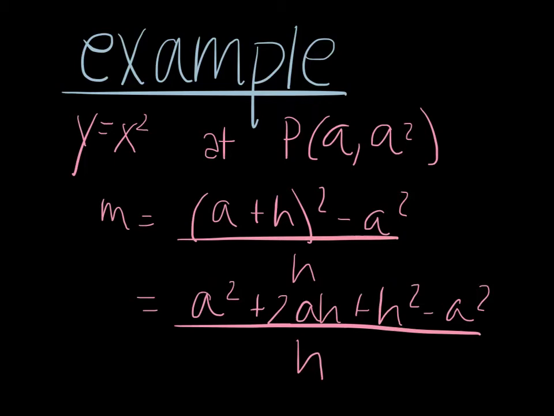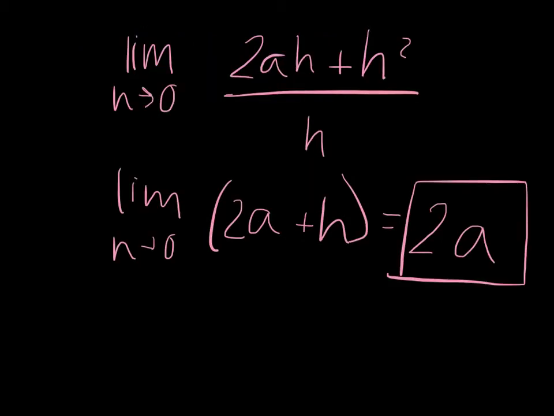We then factor this out and we find that these two terms cancel. And then we are left with this, which then you can factor an h out of, and you end up finding that the slope is 2a. So at any point a, plug in a number. For example, at the point -2, we can plug this in to find that